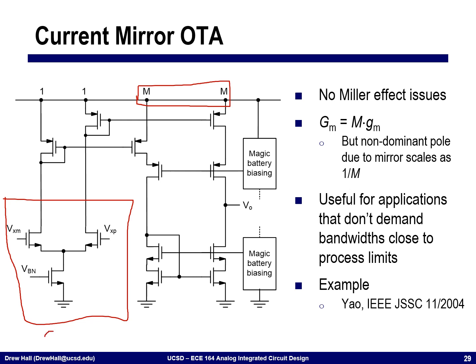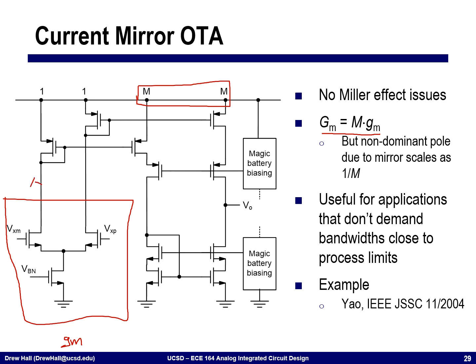And so if I think about this input stage as providing me some transconductance, some GM. Remember, these two transistors are the only two transistors in this entire structure, a lot like the previous two, that provide any transconductance. When I copy this current and I ratio it by M times, this gives me M times the transconductance. Okay? And so this is nice in the sense that I get to have additional GM, but more importantly,